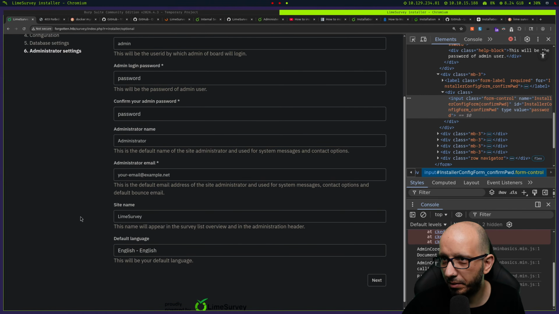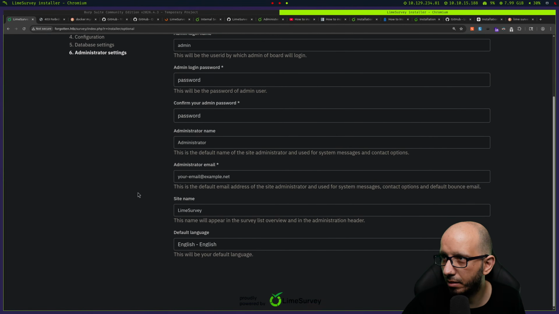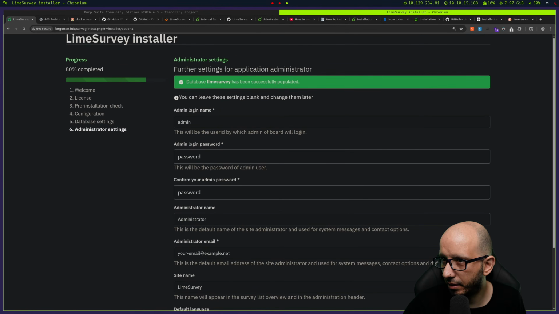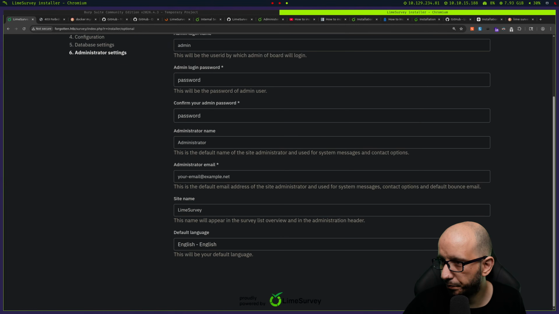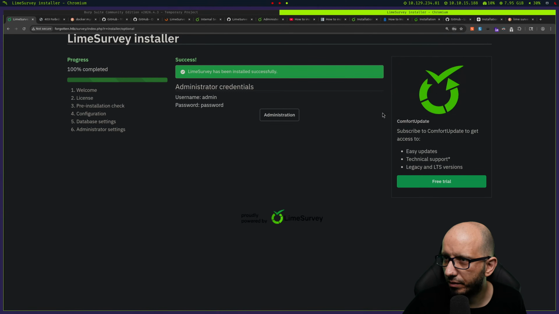So admin and password are the credentials. We don't have to change them much. Admin and password, cool. And we are done. It's okay, don't save it. And now we can access